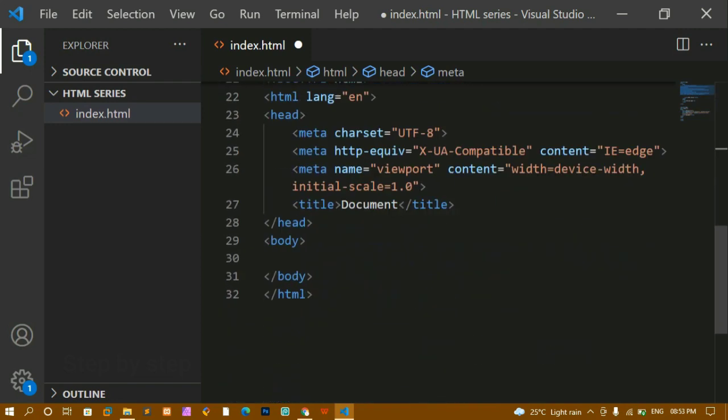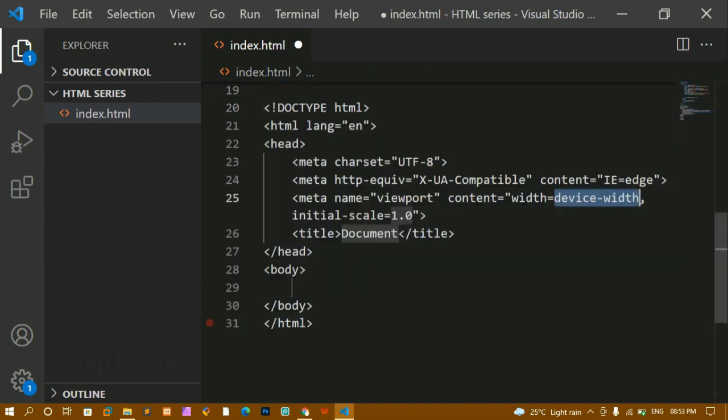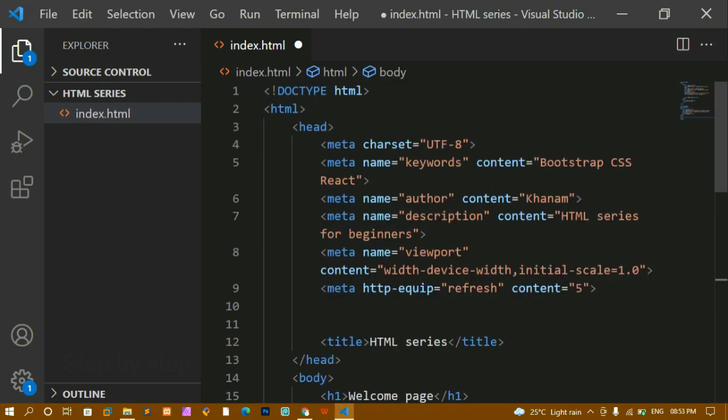Once you learn this one, you really don't have to memorize anything, you just have to write this exclamatory and everything will be displayed to you. This boilerplate. Before using boilerplate, you really have to understand what are the elements, what are the tags inside this, and what is this language. I forgot to tell you, this lang is equal to en, which means that we are writing in English language. These are the basic concepts in HTML.